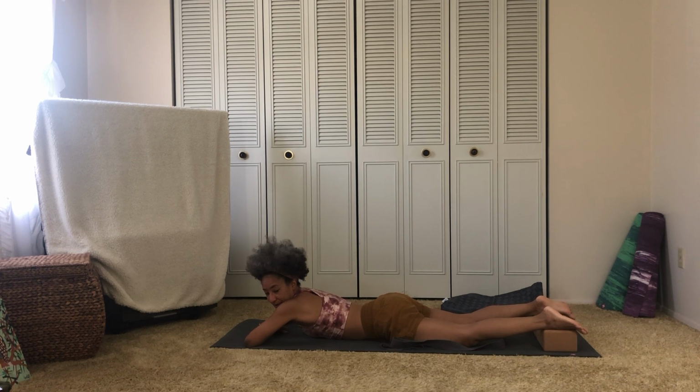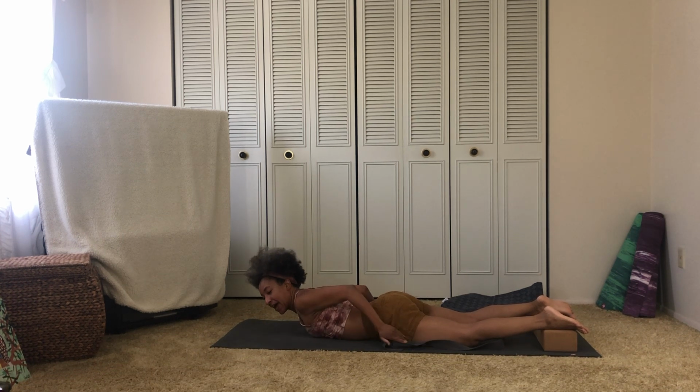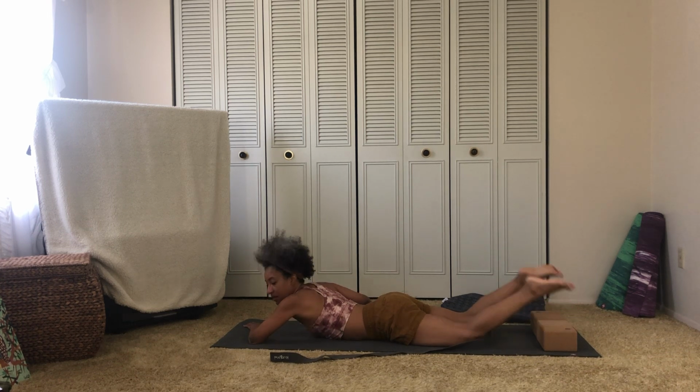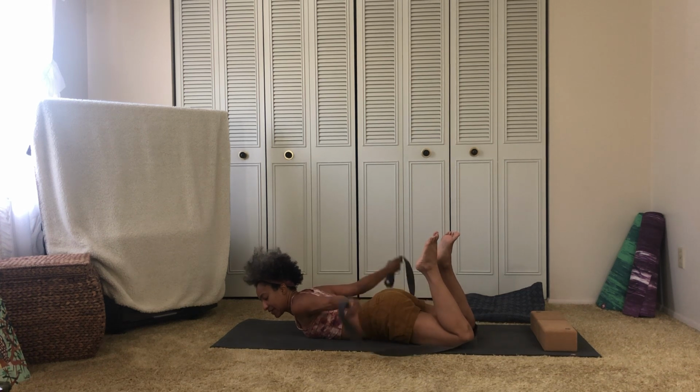For number 3, this won't work with a towel or a short strap, so just a heads up. You would probably need a yoga strap for this. And again, this video is made for someone who has a fairly active practice, so they might want to play with this. If you are newer to yoga and you are leaning into the gentle aspects of this, then I would leave this out. But if you want to, bend your knees, grab the strap with your hands, and instead of having the